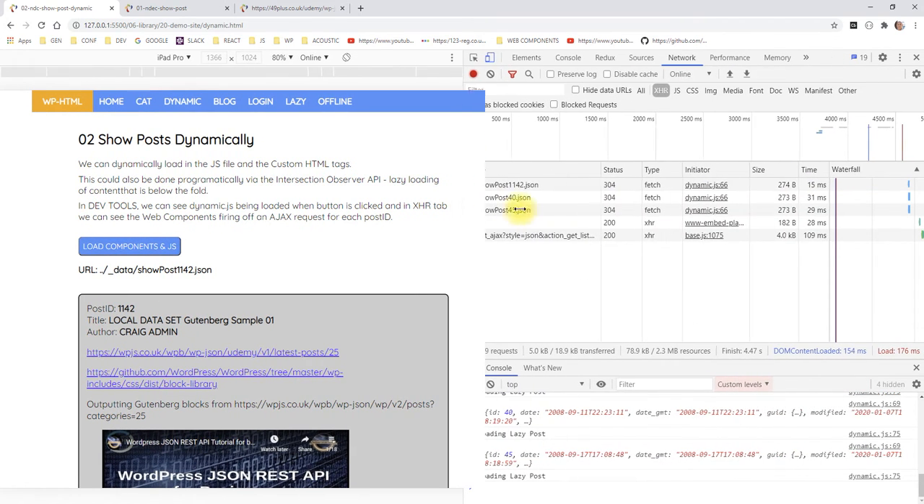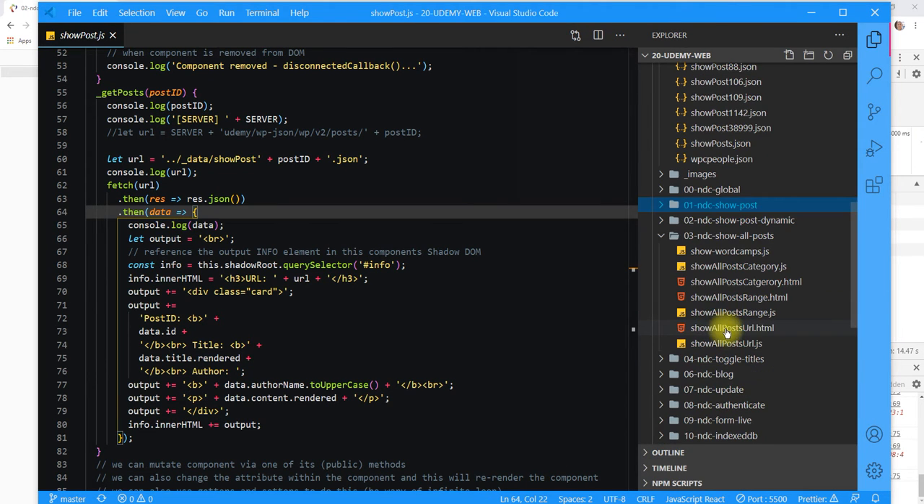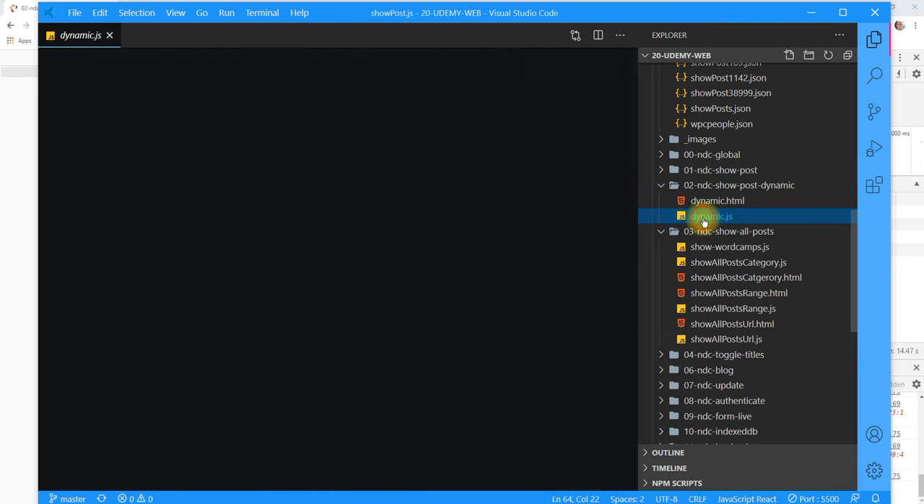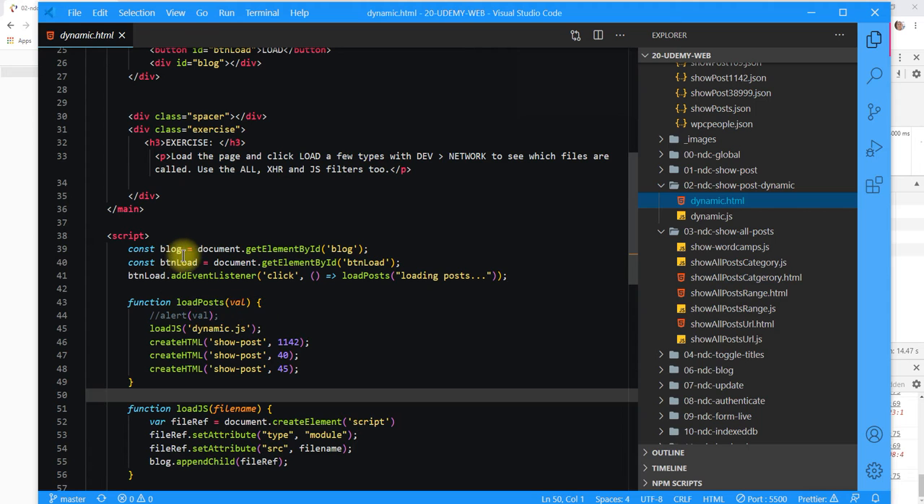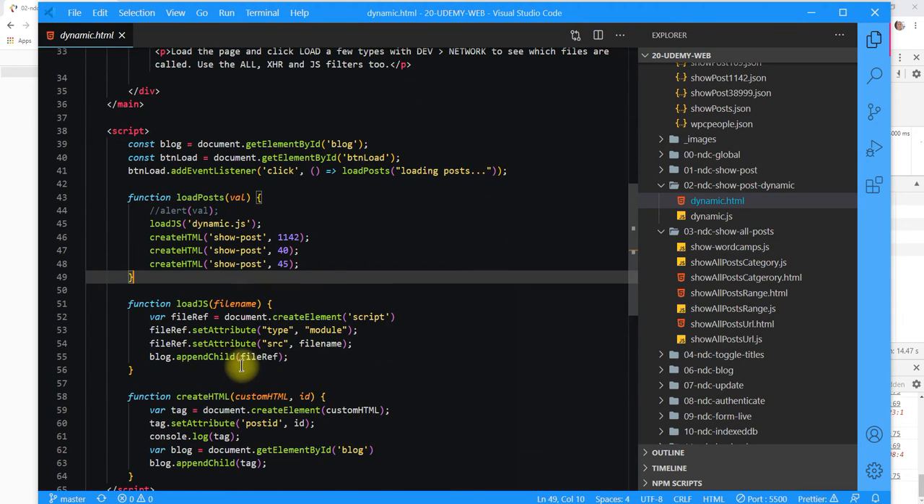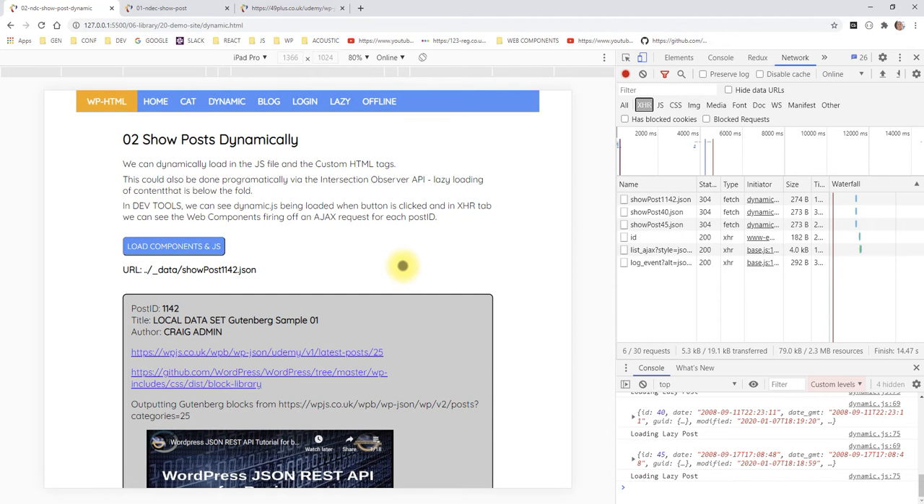And if we have a look at the code in the VS Code, if we come down now to dynamic and open this up and go into dynamic HTML, what we can see is when we've got a button on the page, when we click on that, we load the script and then we create our HTML using a little function here that will create our web component. We're basically adding on a custom tag. We're adding on the custom HTML tag and the ID,